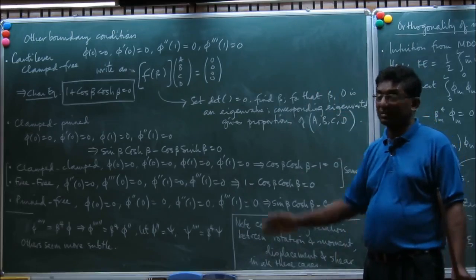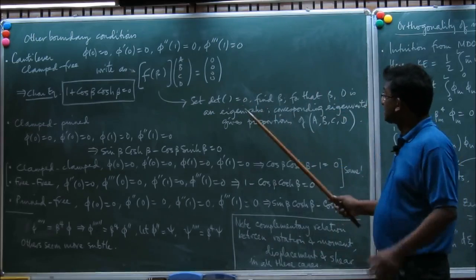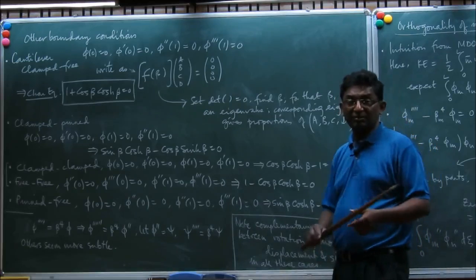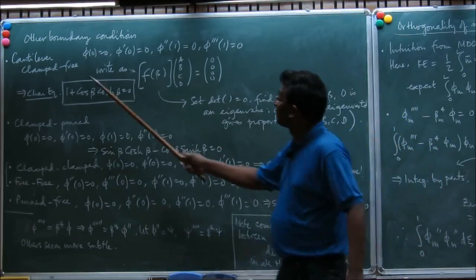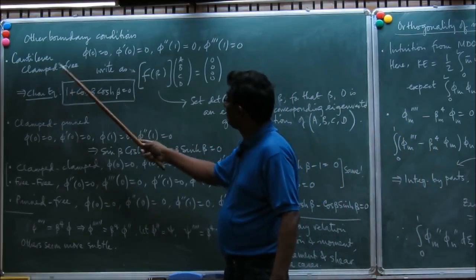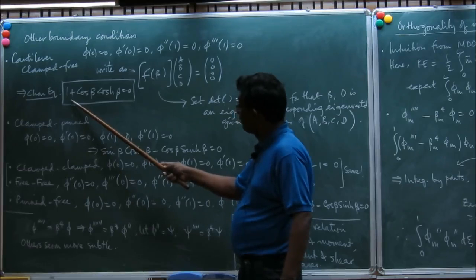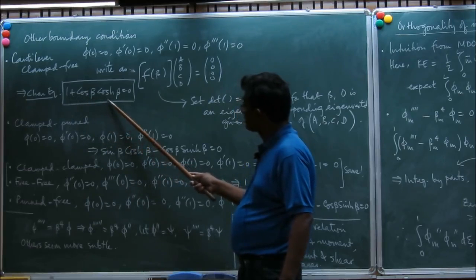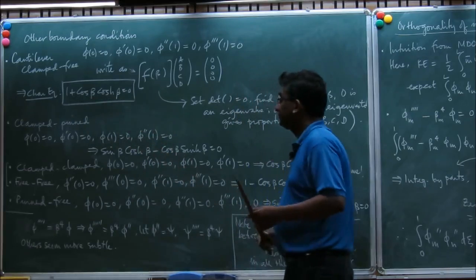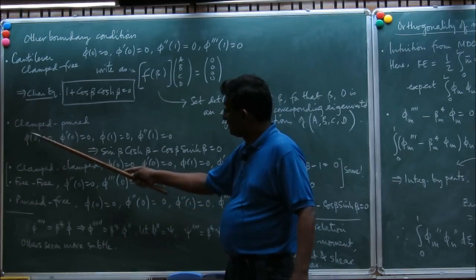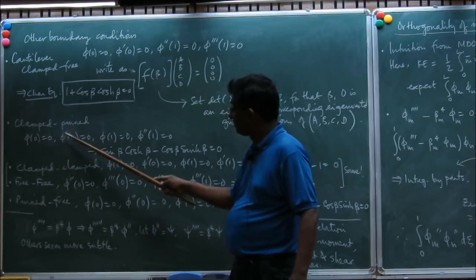This is an approach that works in all these cases. So that's what I am doing. I have done these calculations separately. You can work them out as an assignment. And so the cantilever or clamped free case leads to this characteristic equation: 1 plus cos beta is equal to 0. The clamped pinned case, so clamped means phi of 0 is equal to 0, phi prime of 0 is